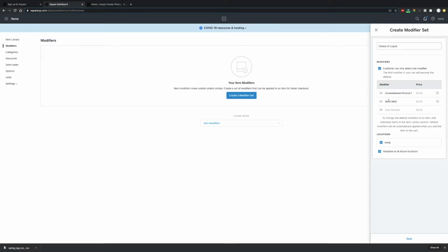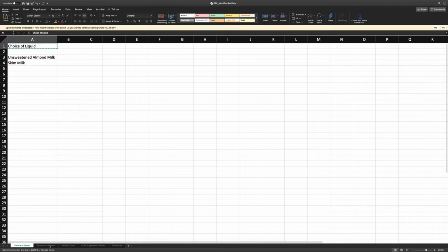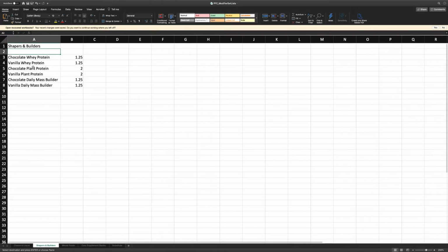The most important part is making sure that our title for our modifier set is the same as what's in our import. So once I've got that set, I can go ahead and hit save. And I'm going to go through and do that for the other modifier set. So I've got shapers and builders. So I'm going to come up here, copy this, and I know that I want to have my title,